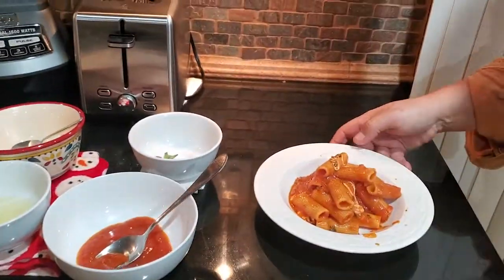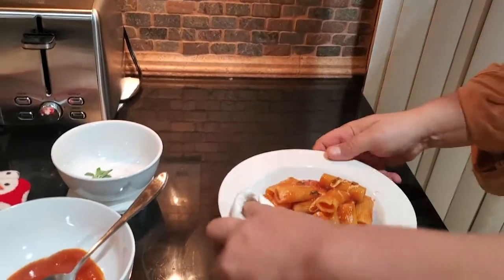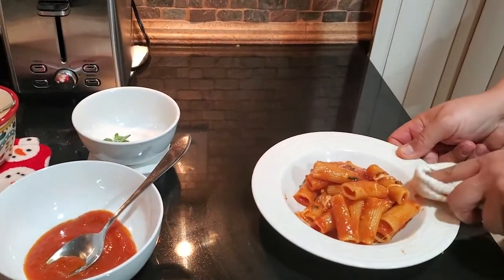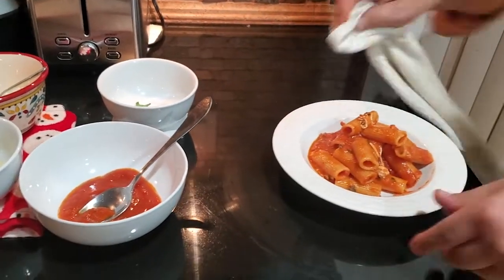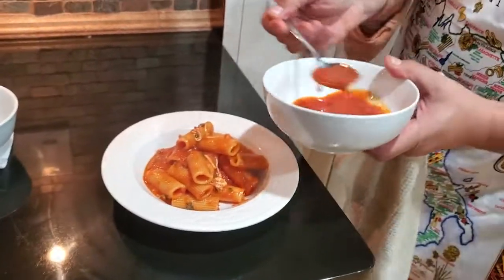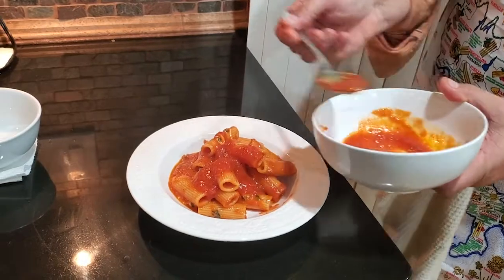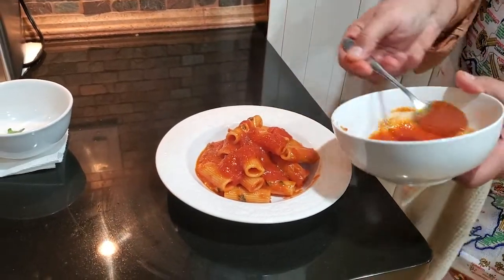Okay, now we're going to put this down. We're going to clean the edge of our dish, of course, always, so it looks professional. We have a little bit more tomato sauce here. We can kind of finish the top, just to give a little more sauce to the dish, like that, and